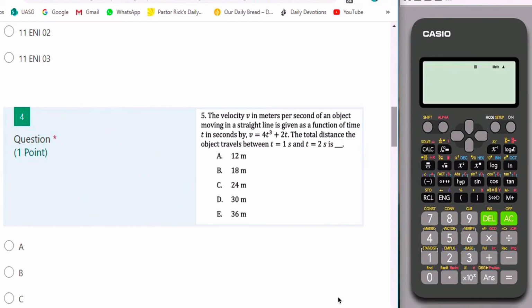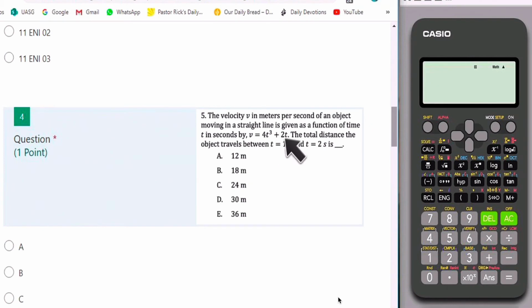The velocity v in meters per second of an object moving in a straight line is given as a function of time t in seconds by v is equal to 4t cubed plus t plus 2t. The total distance that the object travels between t is equal to 1 second and t is equal to 2 seconds is. So in order for us to be able to solve this problem, we must be able to integrate